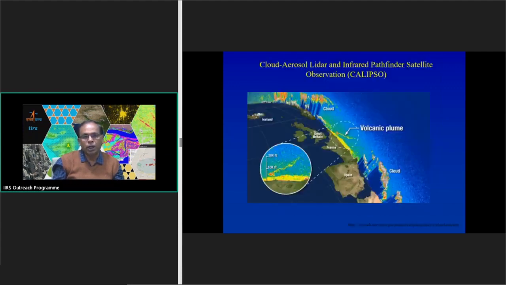And finally, this is the Cloud-Aerosol Lidar and Infrared Pathfinder Satellite, which is giving you three-dimensional information about the structure of the atmosphere, including information about cloud, aerosol,